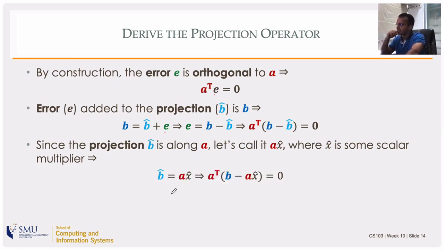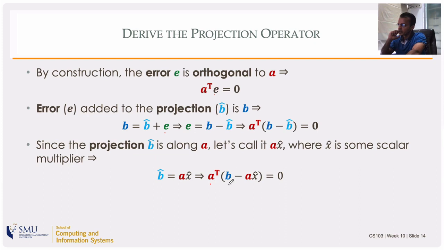So I can write B hat is equal to A X hat, or A transpose times (B minus A X hat) is equal to 0. I know this sounds like I'm going around in circles. I'm just guiding you through a series of steps that will take me to the right answer very soon. What I'm saying is A transpose times an error vector is equal to 0, A transpose dotted with an error vector equal to 0 because A transpose is orthogonal to the error vector, and